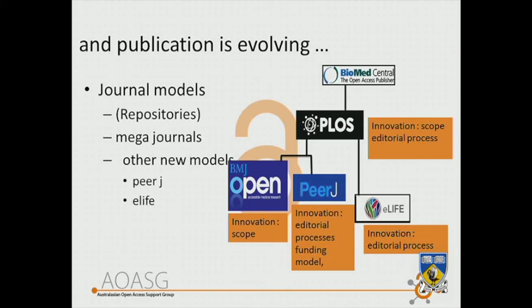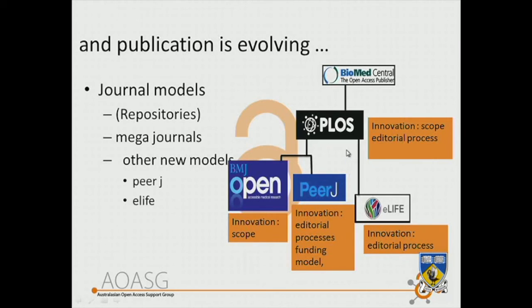These are, of course, by no means all of the publishers that are out there. In the publication space, I think BioMed Central was the first open access publisher that did anything at scale. Although PLOS came after and was largely modelled on BioMed Central, it took a different approach to the types of journals it originally published. And out of that have come journals such as PeerJ and eLife, both of which are run by people who used to be at PLOS, and BMJ Open, which came out of a model very similar to PLOS ONE. Each of these has done different things with innovation.